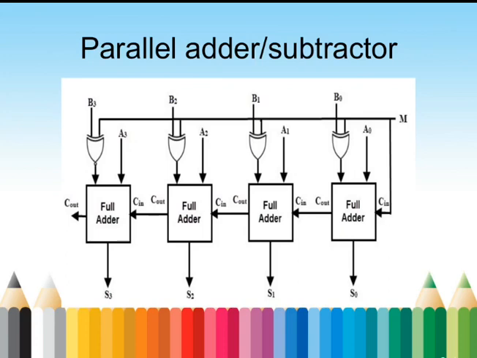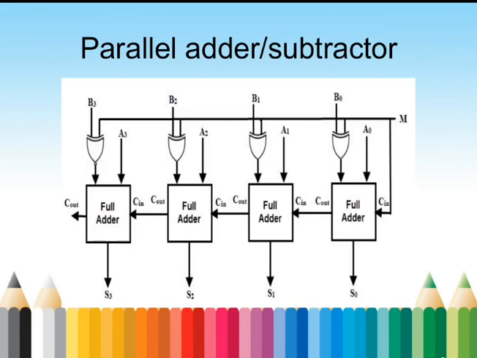As we know, if our initial input carry is 0, we perform the parallel addition operation. If our initial input carry Cin is 1, we perform the parallel subtraction operation. In the same way, we may perform addition and subtraction with the help of a special parameter m. This m can be connected in two different places. The first place is the input carry Cin and the other place is the XOR gate which is connected in parallel to the full adder circuit.